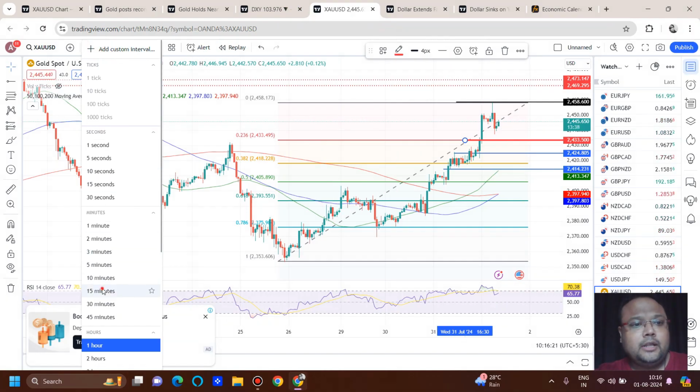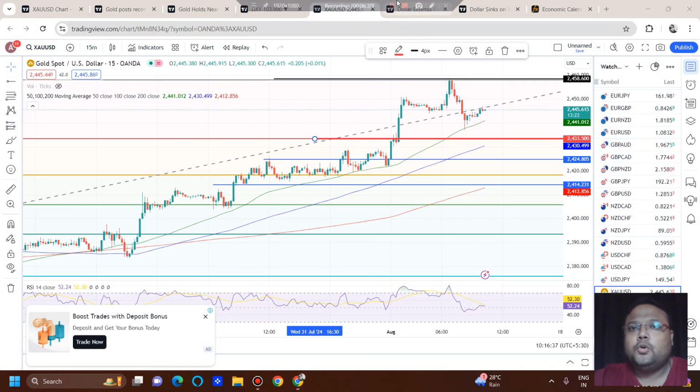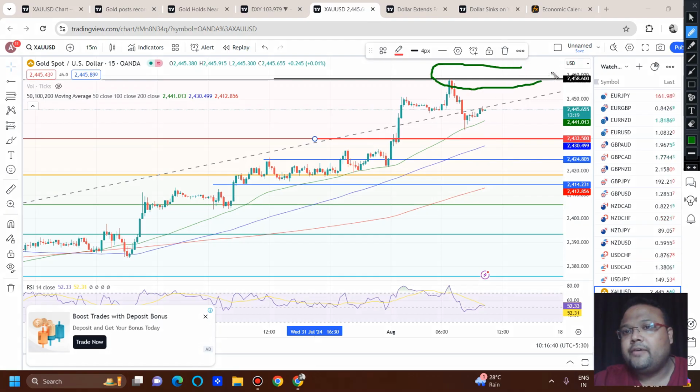And if you look at the market on the lower time frame, like 15 minutes, we may see a selling opportunity around 2458, because we all have a notion in our mind that at the previous high we can look for a sell. But when the market is very bullish like this, taking a sell at the previous high can be very, very risky. Especially, you should avoid it during the US session, because when volume is present in the market, selling at previous high or previous low may not work. So time will speak. During the Asian session this may work, but chances are very low right now. So let's wait and watch.